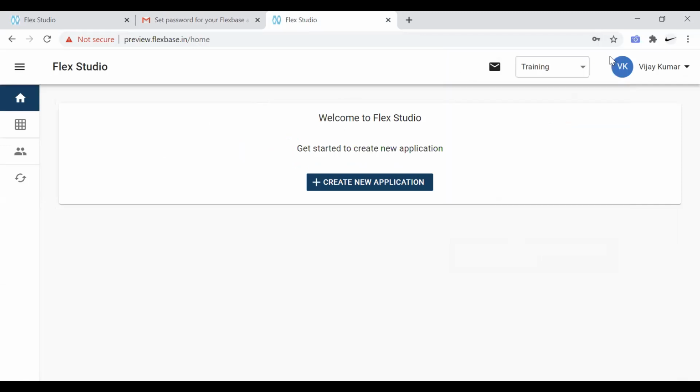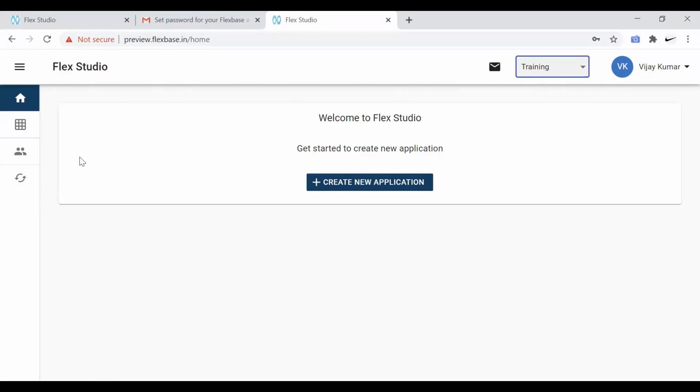Okay, so this is our dashboard. As we can see on the dashboard, my name has shown up over here, and my unique organization or account name shows up over here. Here, whatever notifications are there. Then we have a home icon. This is a home. Then we have applications icon, users, recycle bin.